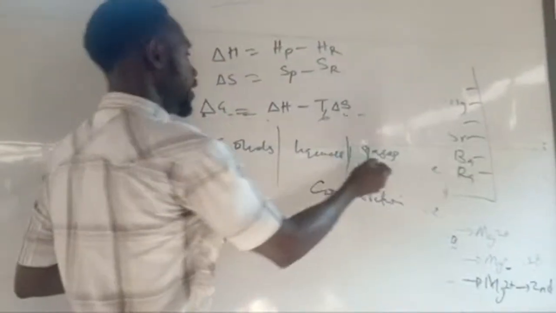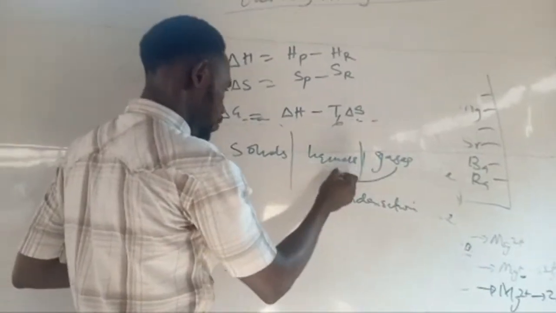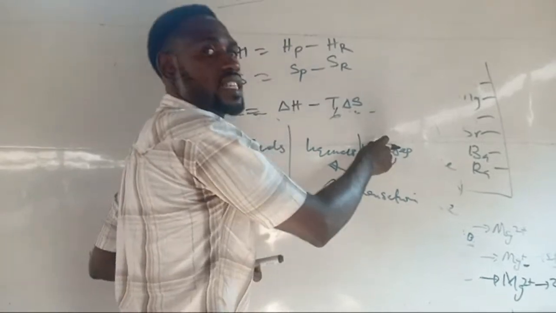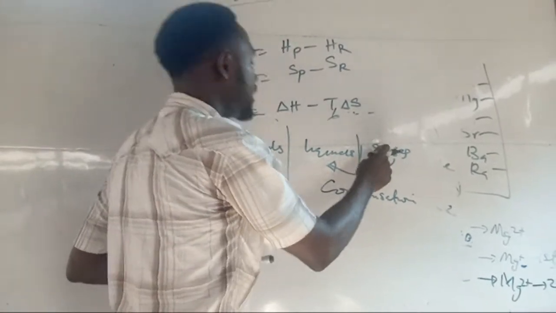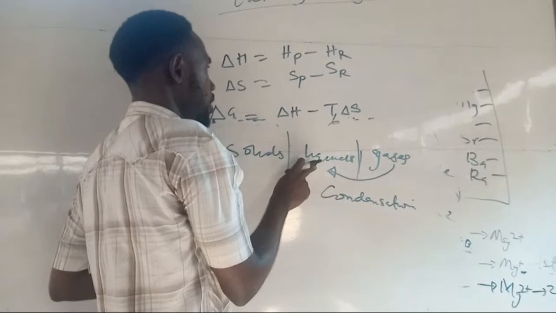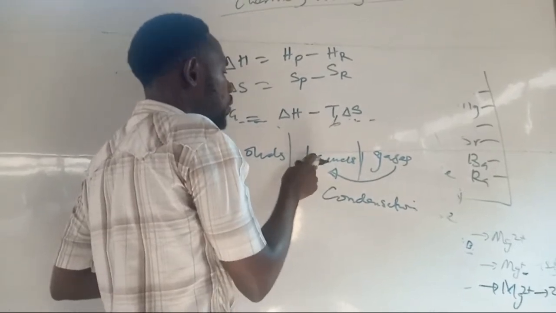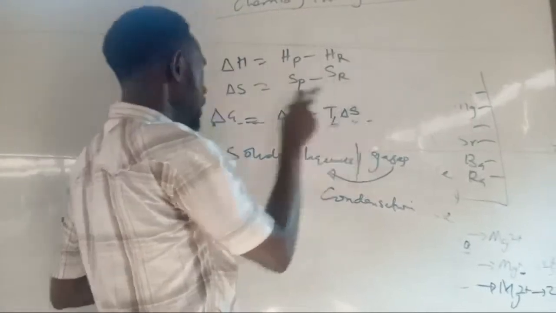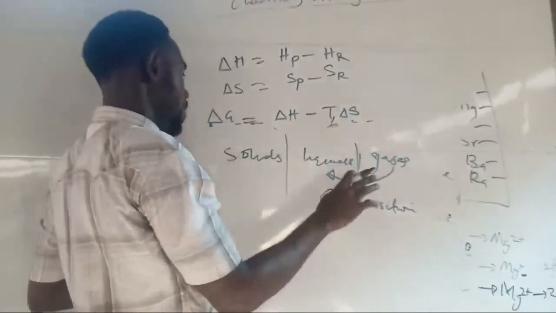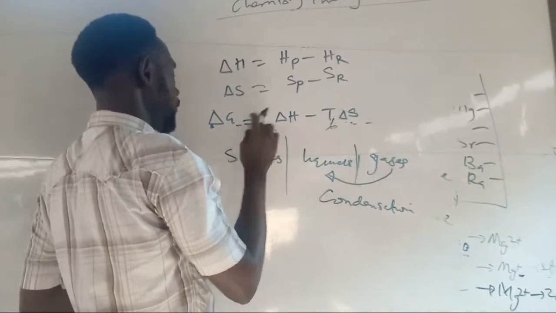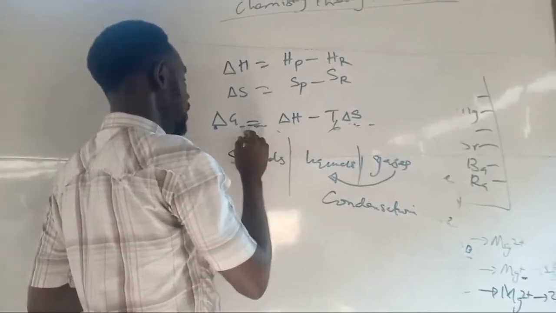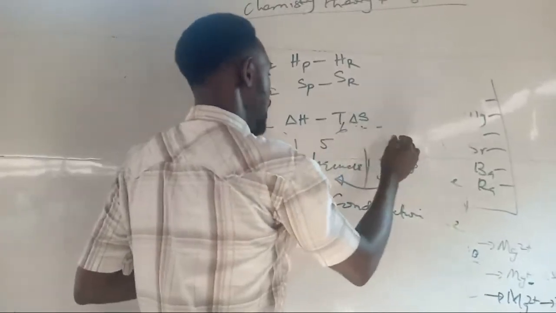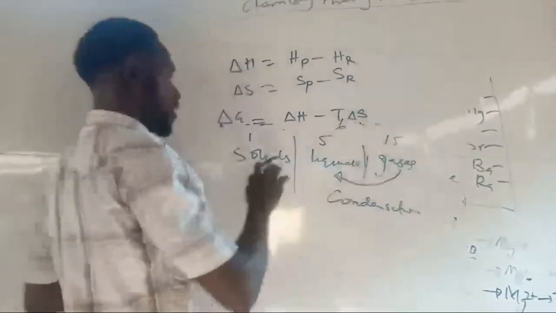They will ask you the entropy change: will it be negative or positive? If a gas changes to liquid, the gas now is the reactant. We take it as the reactant, it started there. Then the liquid is the product. And remember that I told you that liquids have less entropy than gases. Let's just use arbitrary numbers. Let's assume the entropy of solid is 1, that of liquid may be 5, that of gas may be 15. We just assume these numbers.